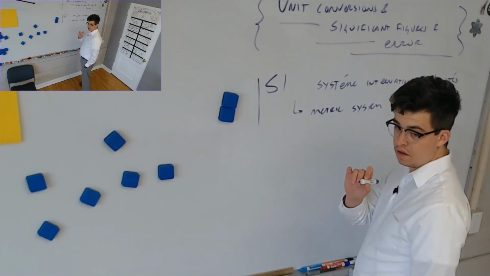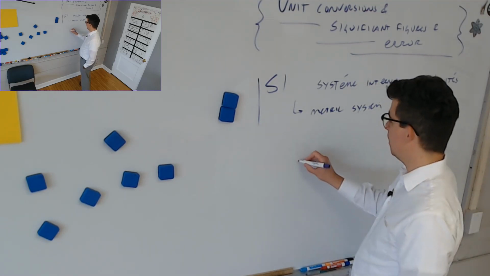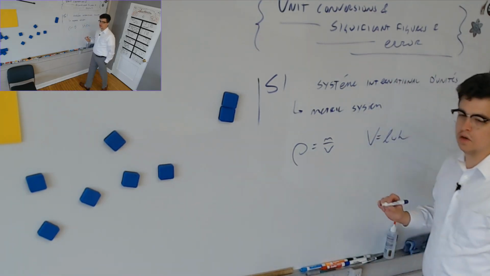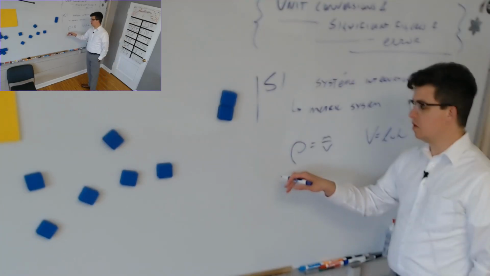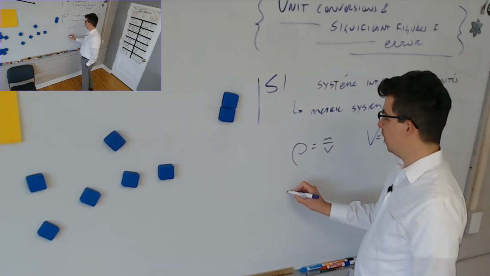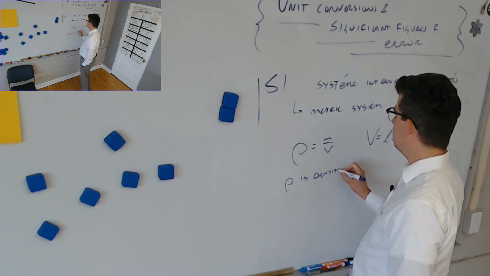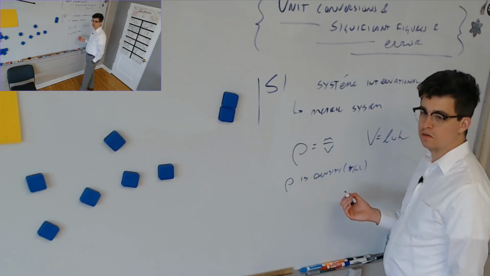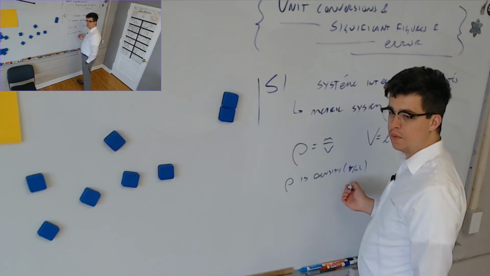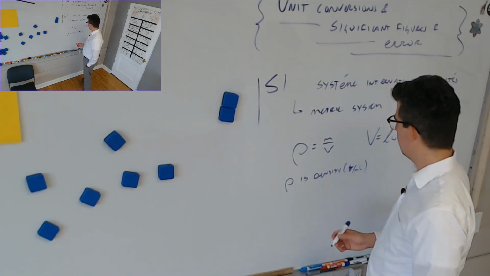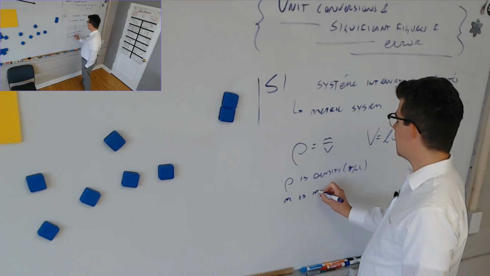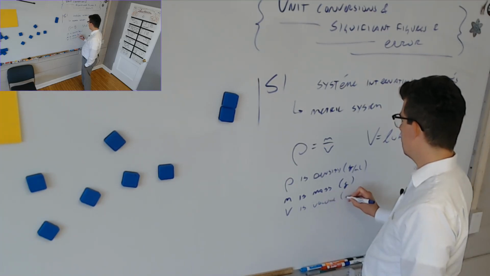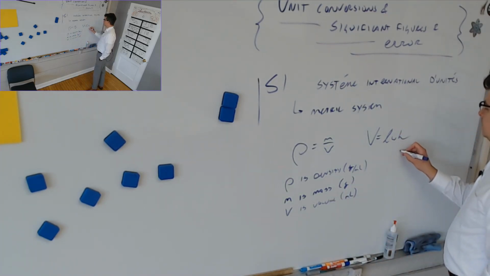This is the chapter in which we talk about the equations for density and volume. Coincidentally, also in the physical science video this morning, but I want to point out that I like to use the Greek letter rho for density, where rho is density, usually measured in grams per milliliter. Kilograms per cubic meter is the actual SI units for this, but this is more common. Also, grams per cubic centimeter means the exact same thing. Milliliters and cubic centimeters are equivalent. M is mass, measured in grams, and capital V is volume, measured in milliliters. For this one, capital V is volume,